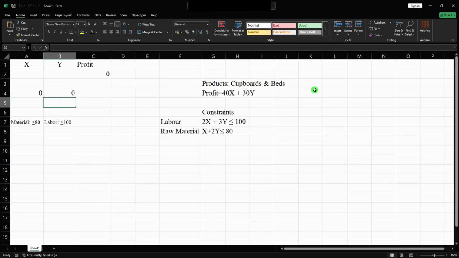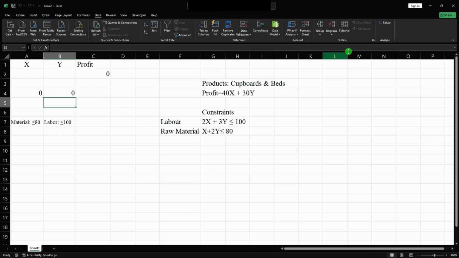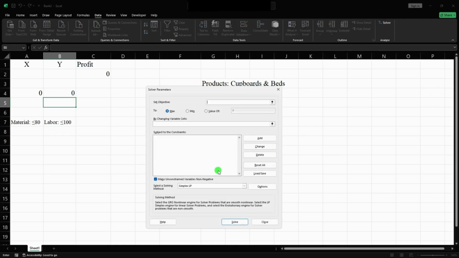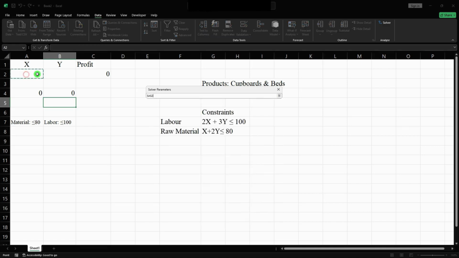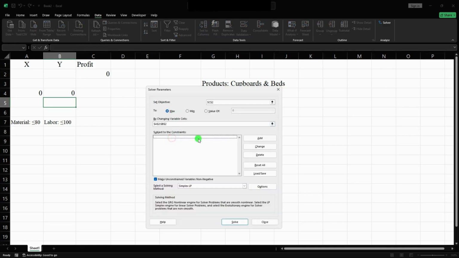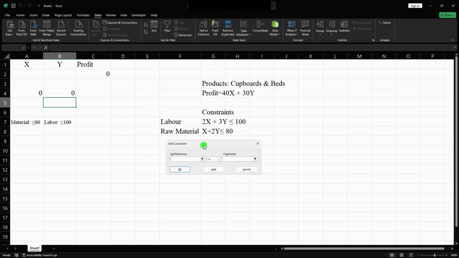Now let us use the solver tool to find the optimal values of X and Y. Go to Data tab and click on Solver. In the Solver dialog box, it asks to set the objective, which is our profit maximization. Click on Max to maximize the solution by changing the variable cells that are X and Y. And subject to constraints are our constraints, which is